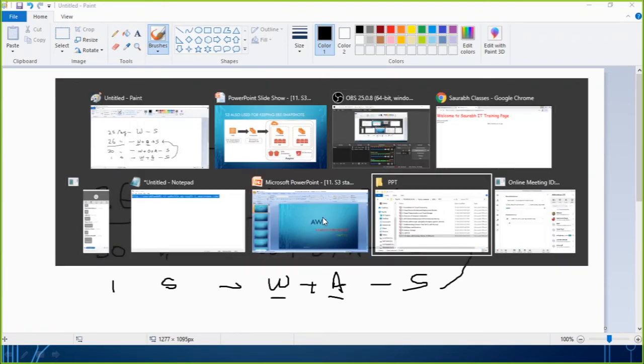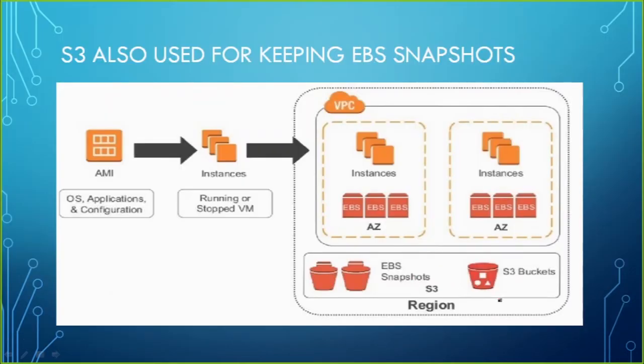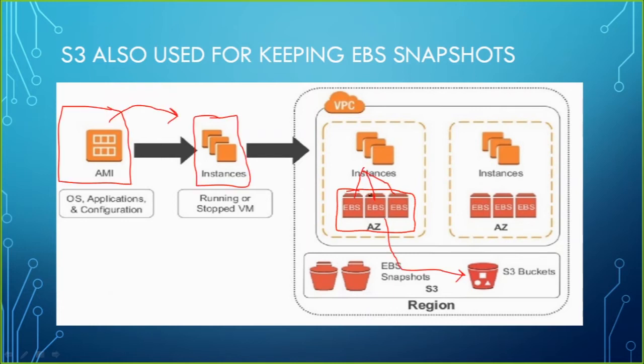So here it is telling that S3 storage can also be used to keep or store the snapshot of your EBS. Meaning that whatever operating system is running there, however the hard disk situation you have in your C drive and all, that condition you can take a snapshot of and keep on the S3 bucket. So if you want to revert back, you will be using that snapshot to revert to the previous condition. So that is also one more important use of S3 storage.